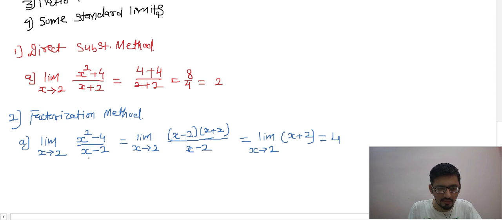See here, if you keep x equal to 2, the function is simply not defined. So for this function, if I am asking what the domain is, you will say all real numbers except 2. So 2 is not there in the domain, so how can f of 2 be 4? So here f of 2 is not 4, but limit x tends to 2 of f of x, meaning this function, is 4. That means if x is approaching 2, this entire function will approach towards 4. I hope this is clear for everyone.